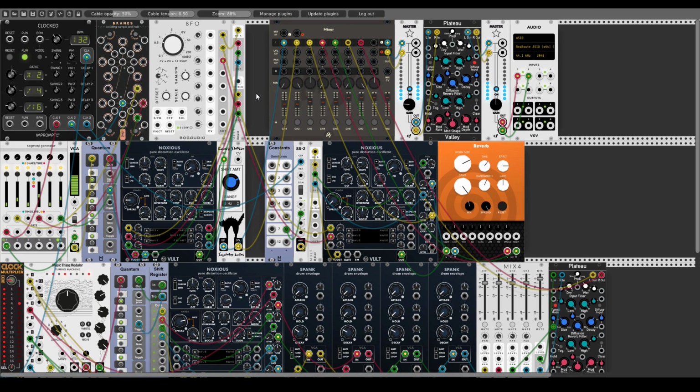Very nice. Now, we didn't use Noxious as an LFO, but this I will leave for you to explore. But there is one more thing I wanted to show you.